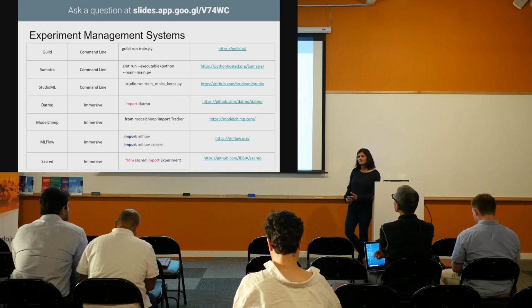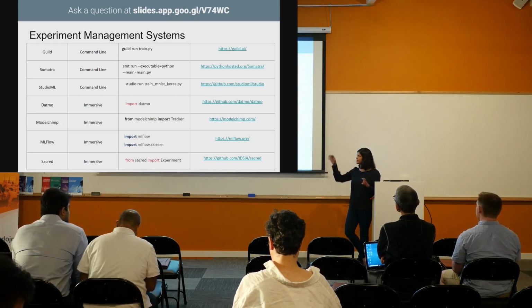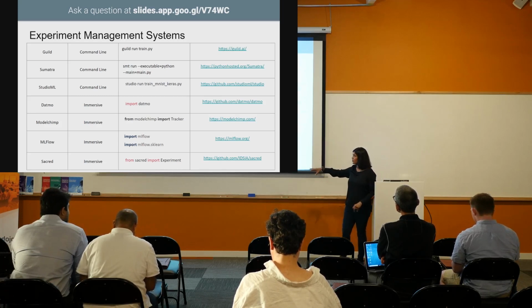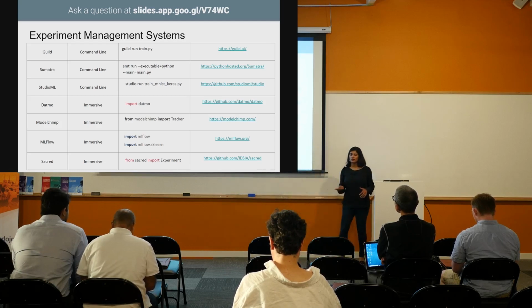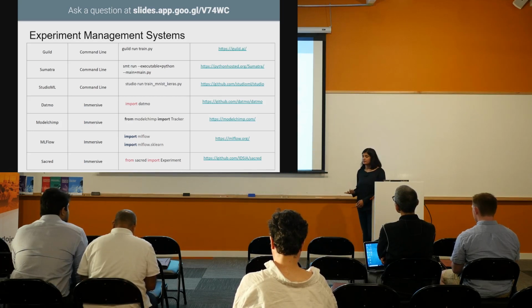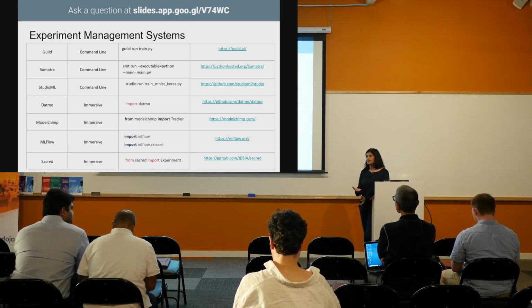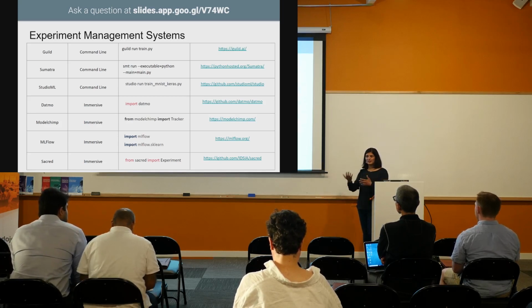So it's not really tracking source control. It's not doing source control like Git. Like, it won't tell you how these two are different. It will track the end-to-end experiment, and different ones of these will track different things. So if it's immersive, you have way more control of what you want to send or what you want to store. You could just store the final outcome, a final metric, or you could store the model, or you can store the data SHA if you're changing the data a lot. So it's up to you, and because there's no specific way in which ML is done, you as an ML practitioner need to figure out what you need end to end in order to go back to that experiment. Yeah.